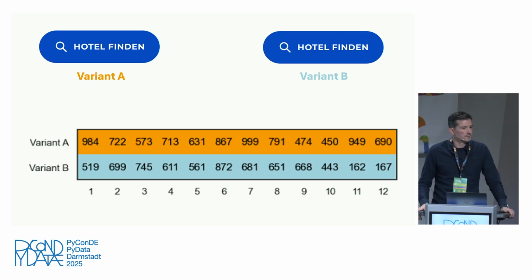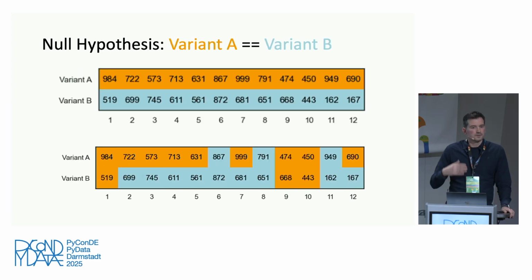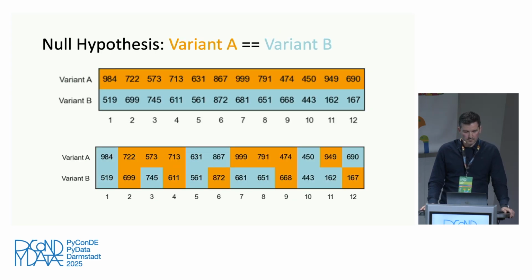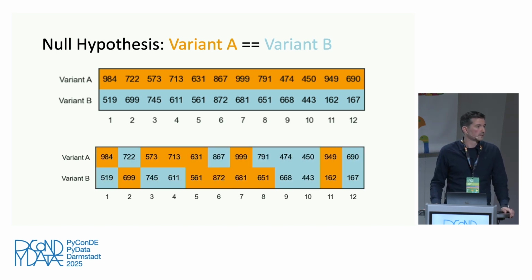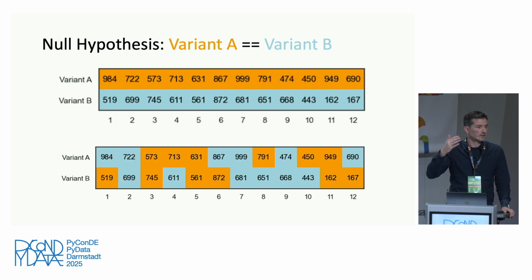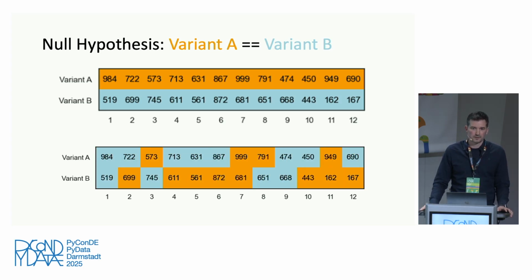Which is usually referred to as an AA test, which we also sometimes do. But in our case, actually, there is something behind this. So it's a blue and a green button, but we assume that they are the same. And what we can do, as you see down there, is just shuffle it, because if they're the same, it doesn't matter if something ended up in variant A or variant B. It was just coincidence that it ended up in A or in B. So we can just shuffle these numbers around, right?